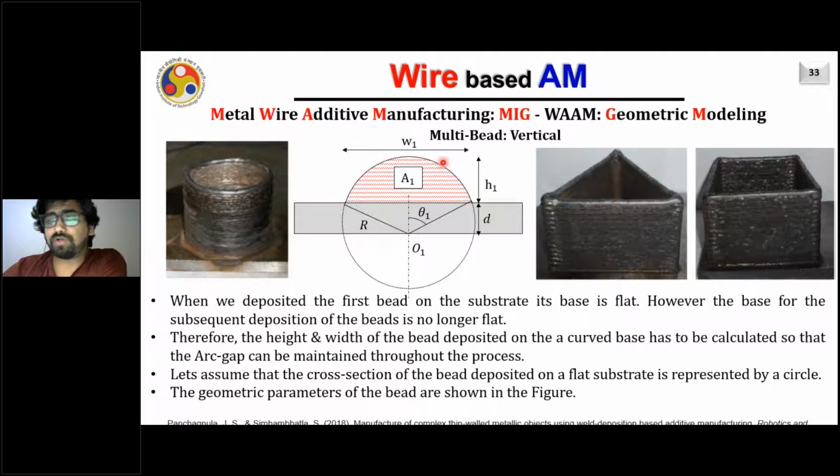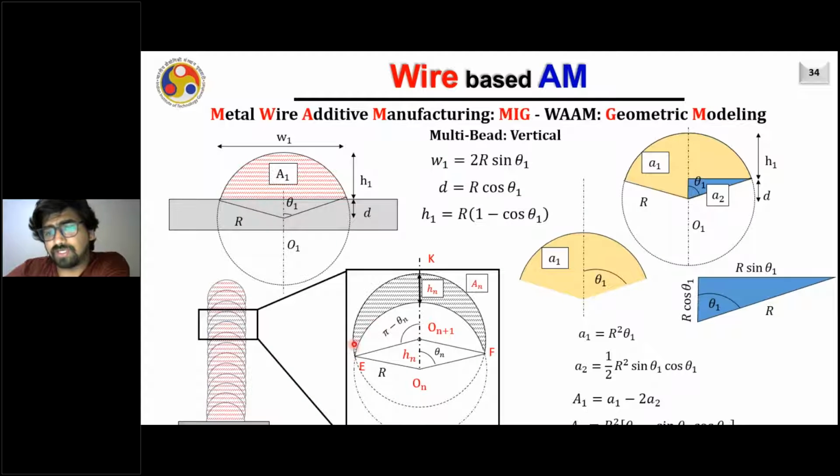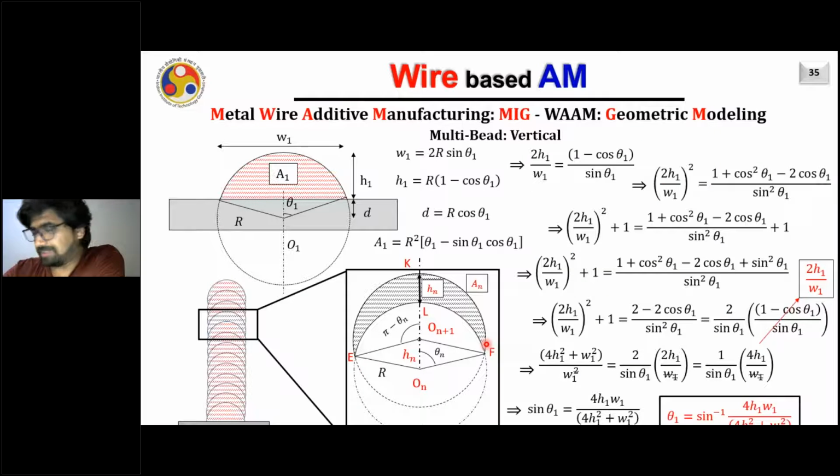But if you deposit on a curved bead, like you are seeing here, then the parameters corresponding to the height and width are going to be completely different. So what can we do? It's very simple mathematics. It's already been explained in one of my lectures. I will share the link at the end of today's lecture, and you can go through it,